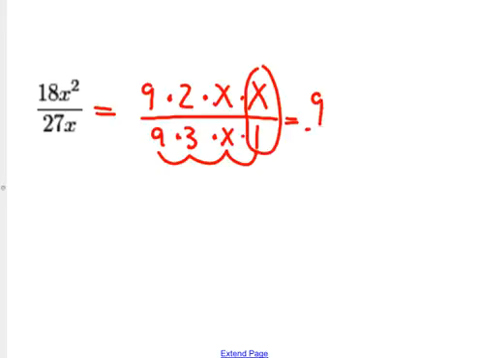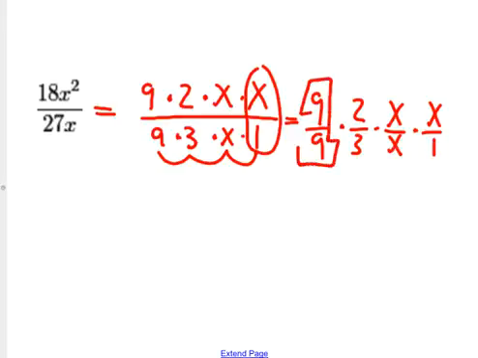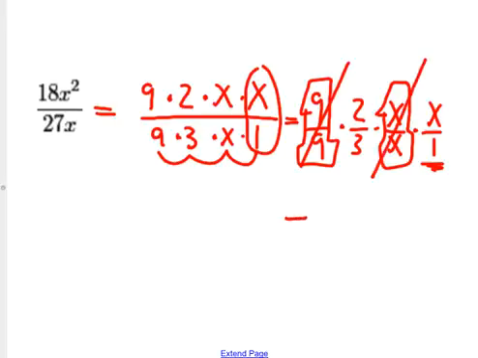So I have 9 over 9 times 2 over 3 times x over x times x over 1. And I can see once again that this is a big 1. This is 1 in disguise, but so is this. Now this is not 1 in disguise because it doesn't have the same thing over the same thing. It doesn't have x over x or 9 over 9. It has x over 1. Okay? Now, these essentially cancel out and go away. But that's going to leave me with